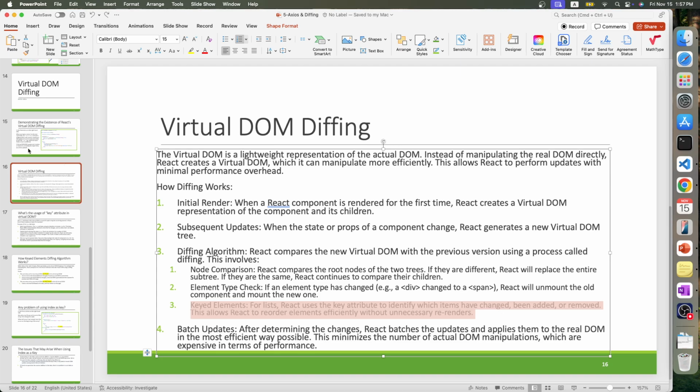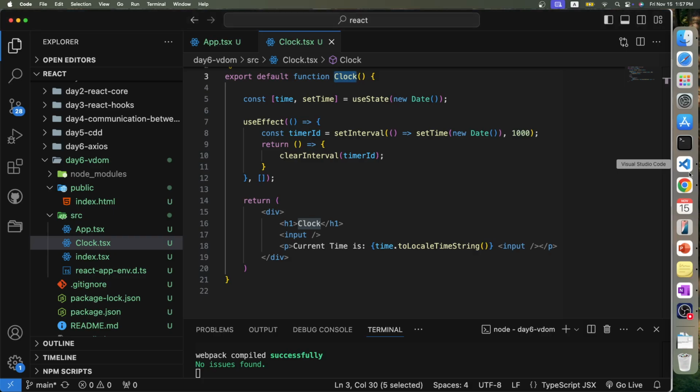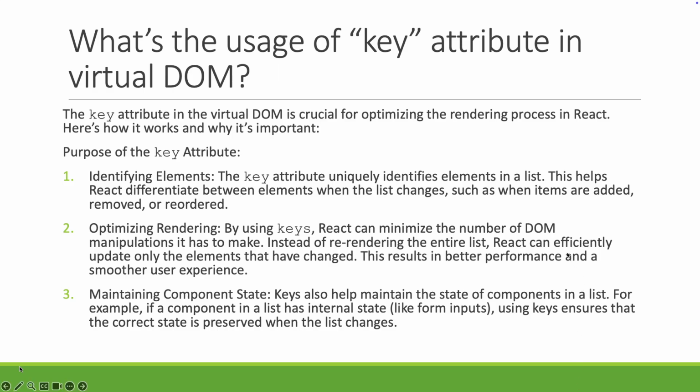So let's demonstrate what key elements are. Let me just go through. I was thinking of writing a demo, but you should already be familiar. When we have an array and do a map to render as a table or a list, if we don't add a key attribute, we will see a warning error inside the browser console, right? So that key attribute